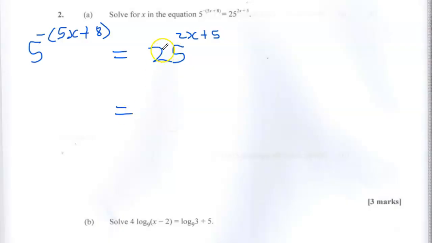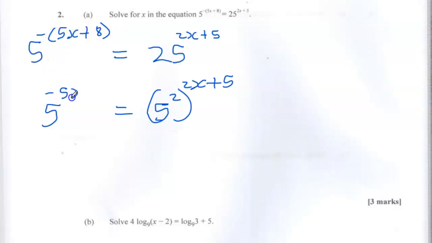Alright, so the smaller base is base 5, so I'm going to rewrite the right hand side as base 5. So remember 25 can be written as 5 squared. So this 25, I'm going to rewrite it as 5 squared. And this power here is 2x plus 5. Over here, I have 5. And if I just distribute negative to each term in the bracket, it's like I'm multiplying each term by negative 1. So I end up with negative 5x, negative 8. Good? So what we have is 5 to the power of minus 5x minus 8 equal to 5,